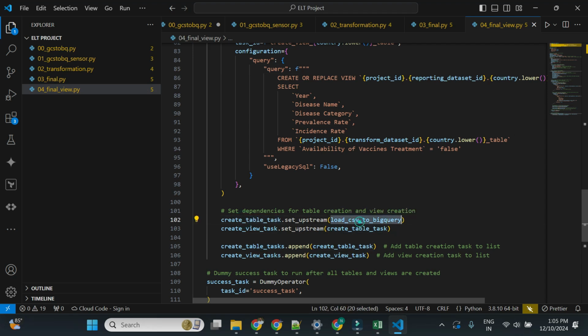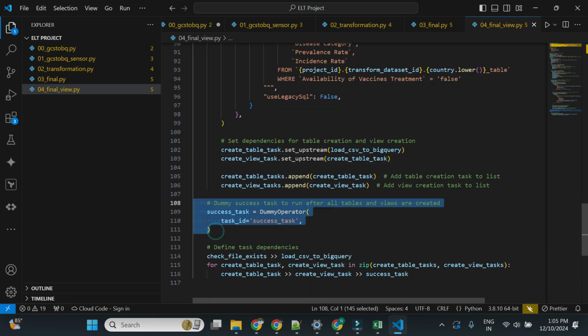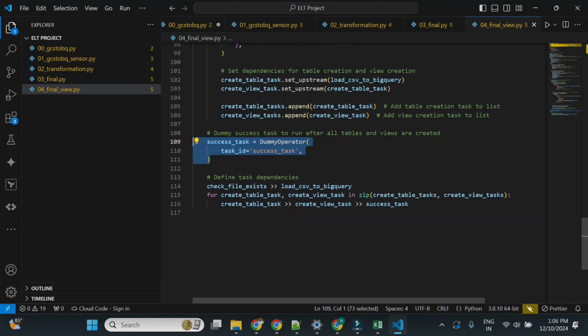It will first check that the load CSV to BigQuery task is completed, and the view will only trigger when create table is completed. Then we added one dummy task which will check if all these tasks are completed, and mark the DAG as complete. These are the dependencies we have. So now let's use this file